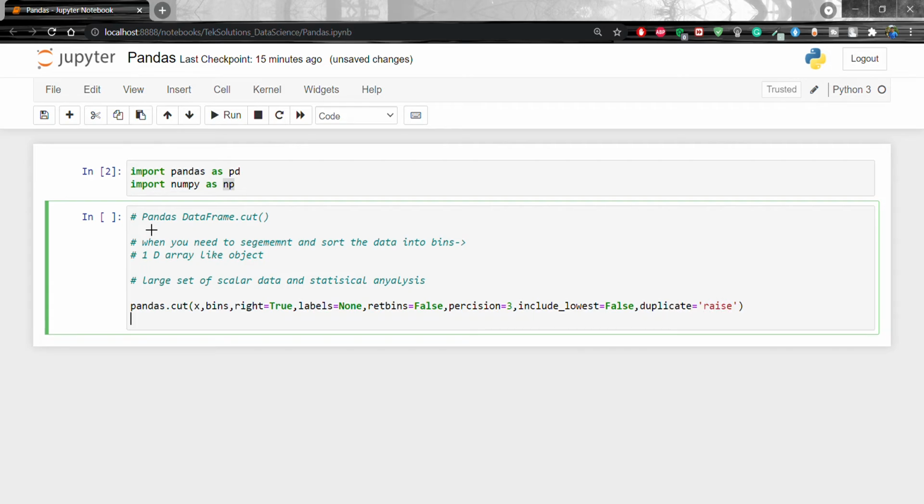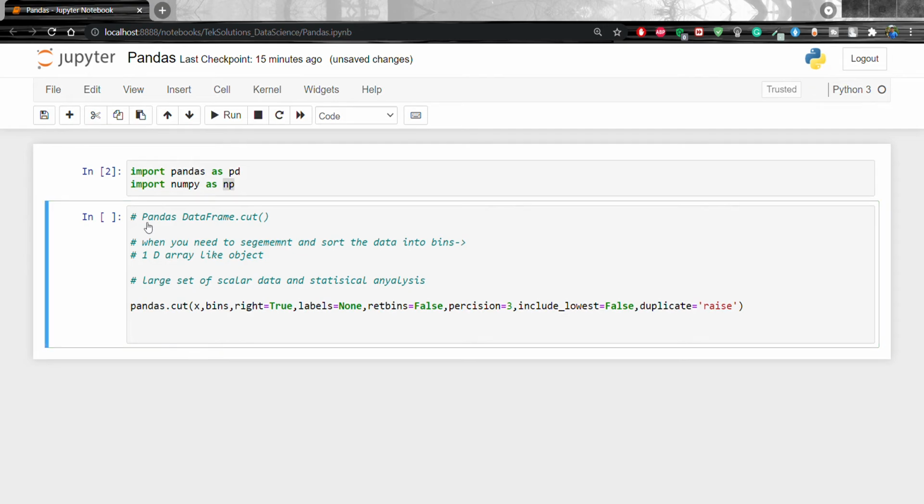So this is the syntax of the cut method. We will go one by one through all the parameters.